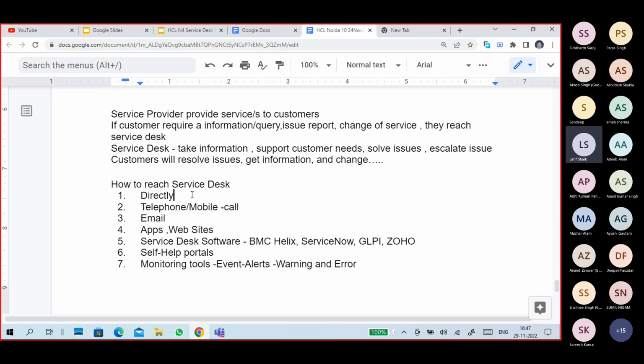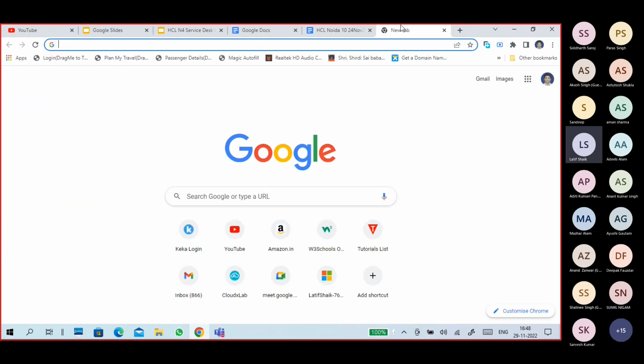They will see it, create a ticket and forward it to a particular team, or resolve it from their side. Guys, the service desk has levels, so we cannot always use the same word. Level 0 is a self-help portal type, generally the level 0 service desk. For example, I need a query about my internet.